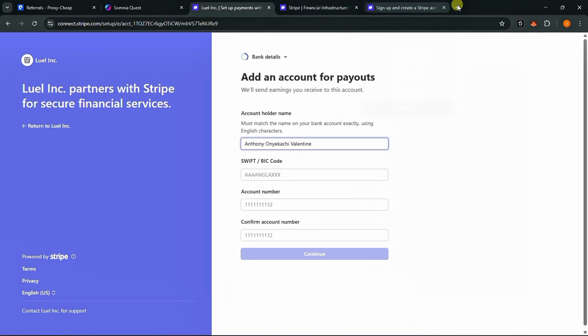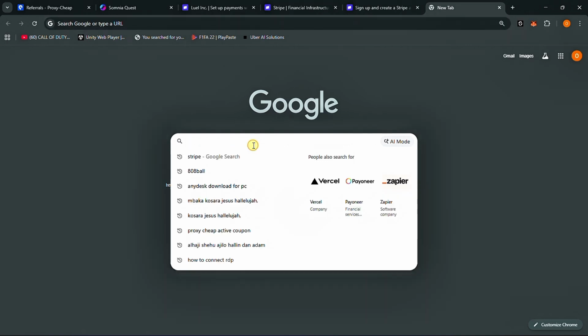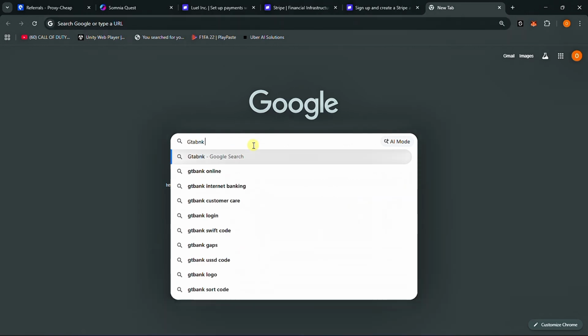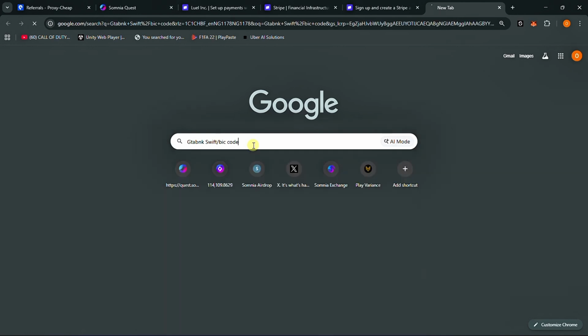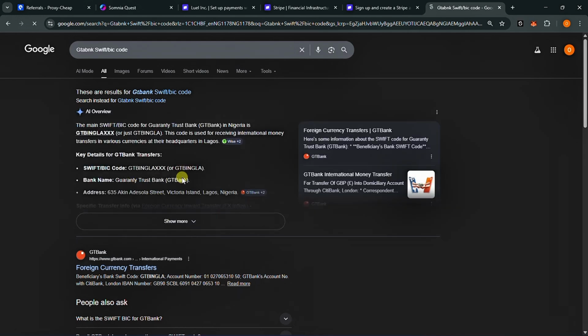Whatever bank you are using, for example, let's say you are using GT Bank, type "GT Bank Swift/BIC code" on Google like this, and Google search will give you the original result. So the main Swift or BIC code for Guaranteed Trust Bank in Nigeria is this. You can simply copy this and paste it there. Whatever bank you are using, let's say you are using